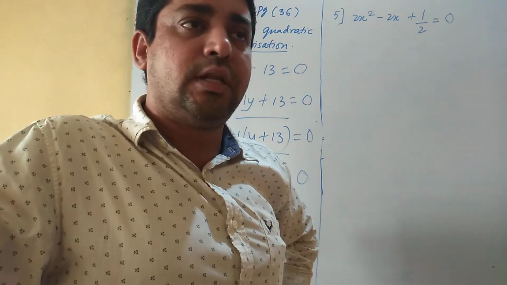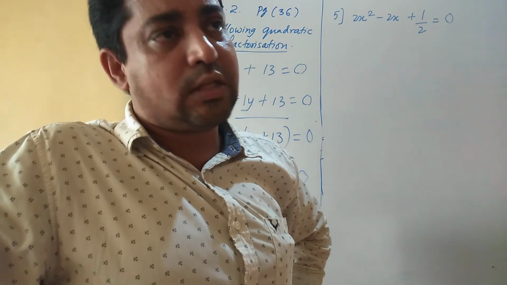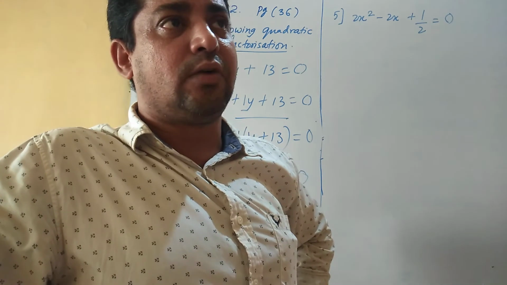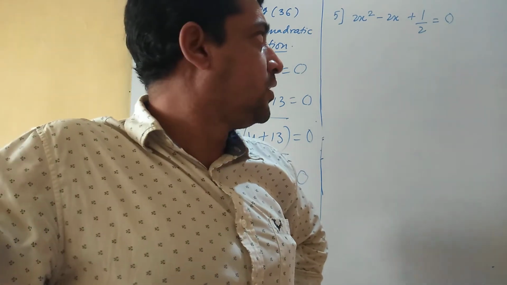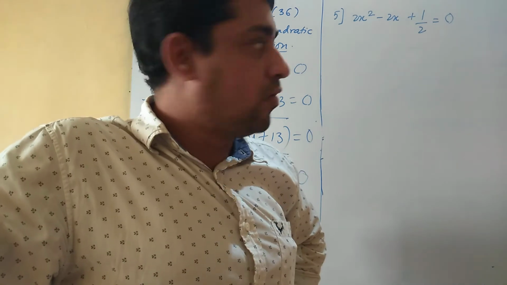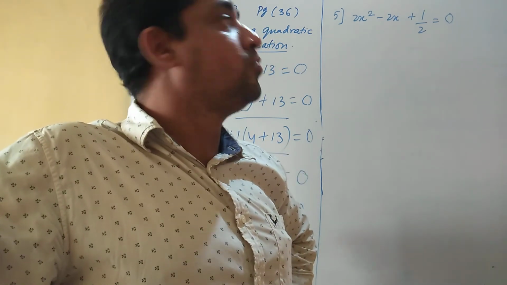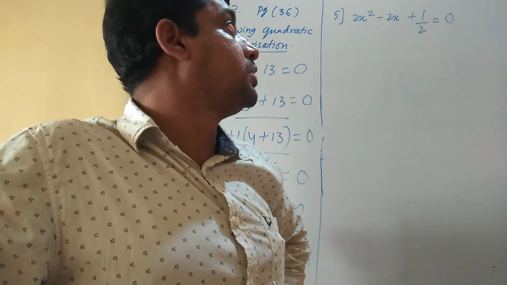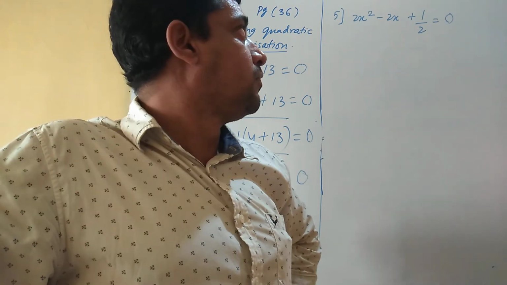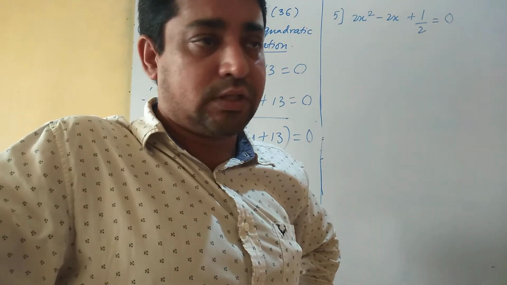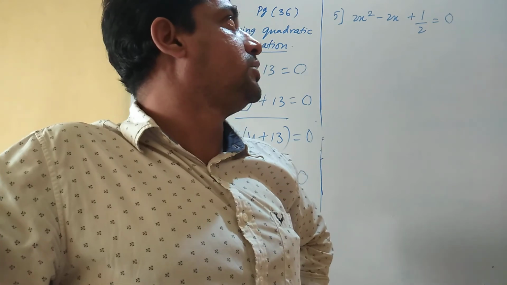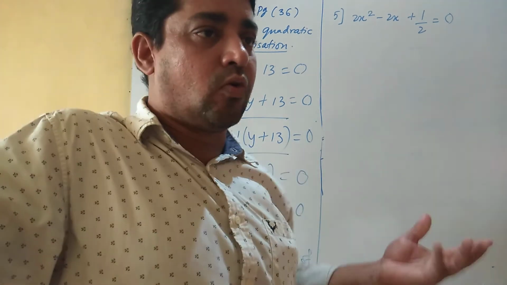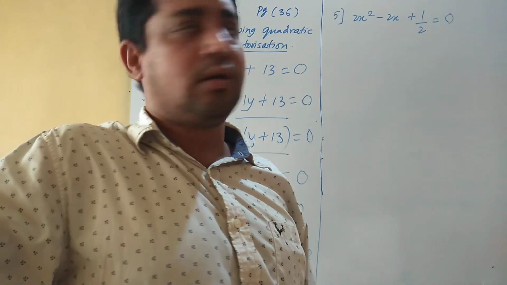Okay, fraction is there, no problem, but it is in the standard form. The equation is in the standard form. We will remove that fraction by taking the LCM. Now, if I want to take the LCM, I have to multiply with a certain number. Check what is in the denominator. First and second terms are not fractions. The third term has a fraction, and that denominator is 2. So I am multiplying both sides by 2.